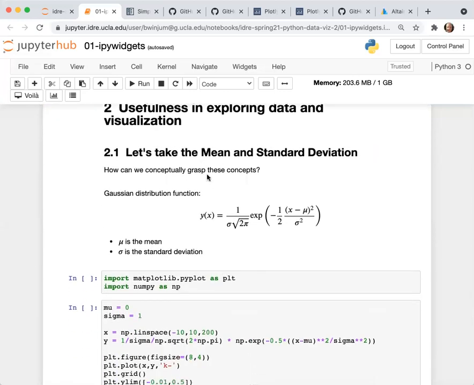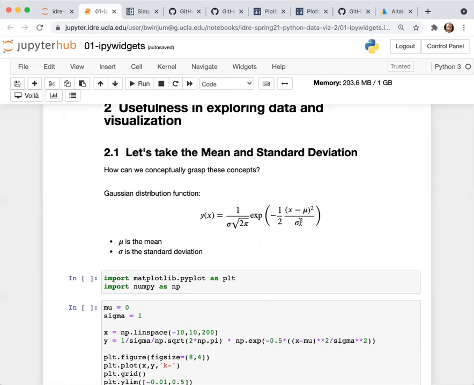So back to the data visualization, I'm going to generate a plot with matplotlib. For those of you who came last week, we covered the basic syntax of matplotlib. I'm going to look at the Gaussian distribution function. This is an exponential function. It has two main parameters, the mean of the distribution and the standard deviation.